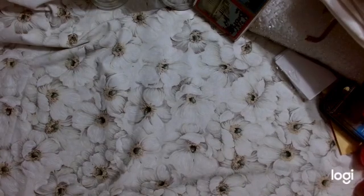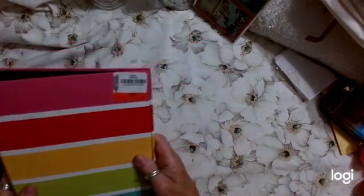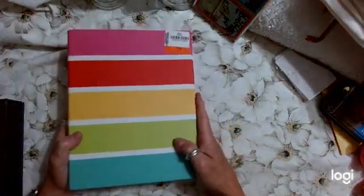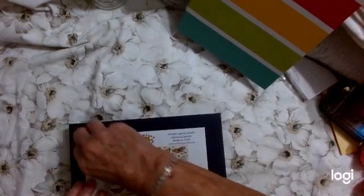And we have this notebook I thought would make a great journal cover, and it's a three ring binder. Won't this be fun for a retro little book, little journal? This I thought was super fun and interesting. I've never seen anything like this before,